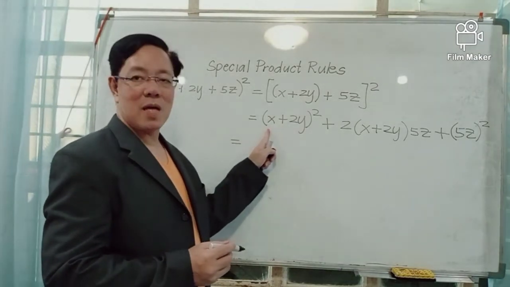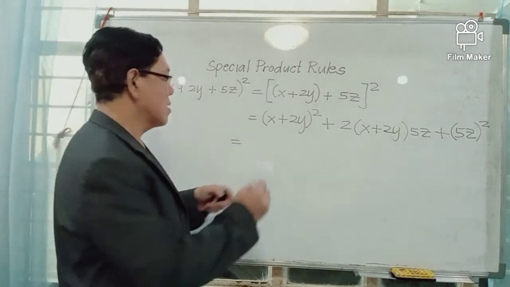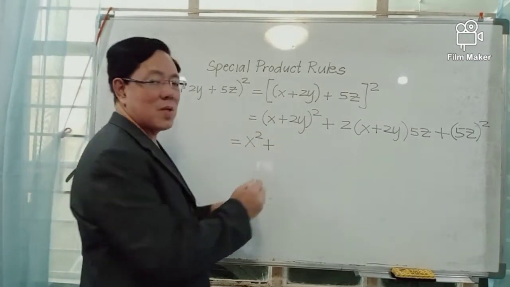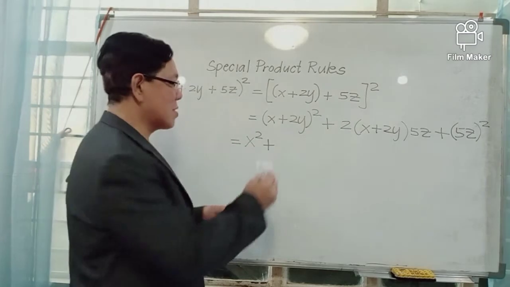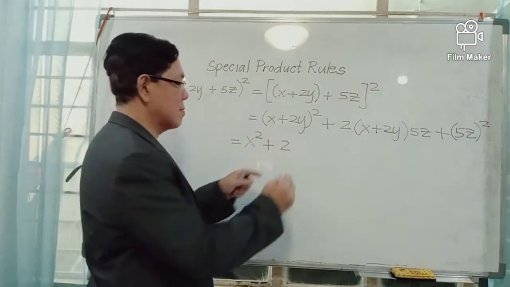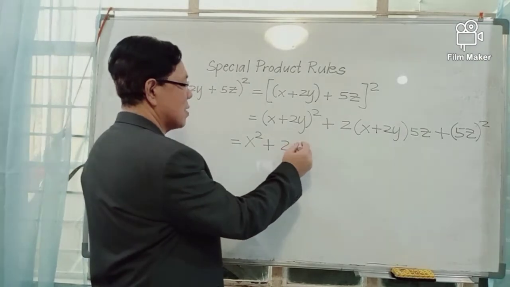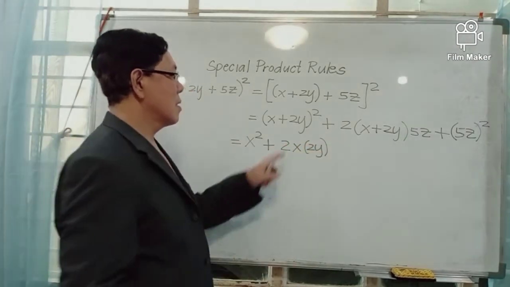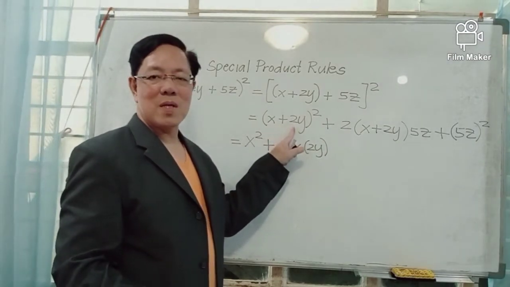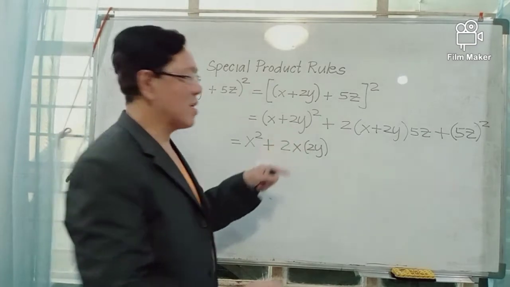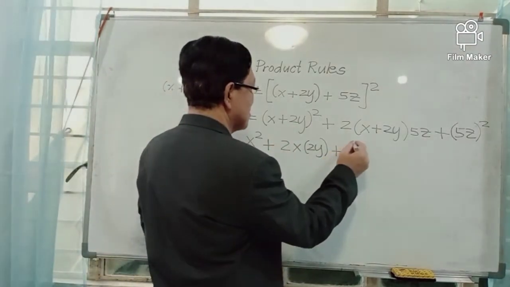The first term is x, and square it, you get x squared. And the second term is twice, or 2 times, the product of these two terms: twice multiplied by x multiplied by 2y. And the last term is the square of the second term, the square of 2y,